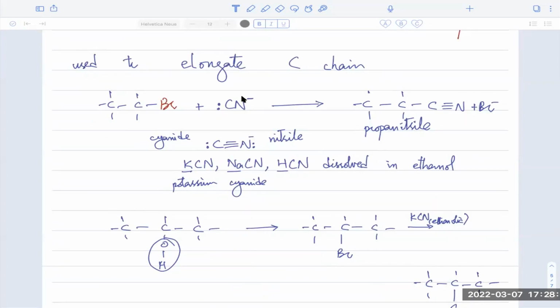One process that we use to elongate carbon chain, again, that is a reaction of bromine or other halogen,